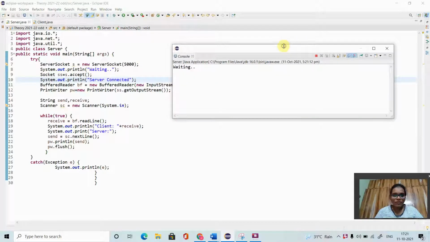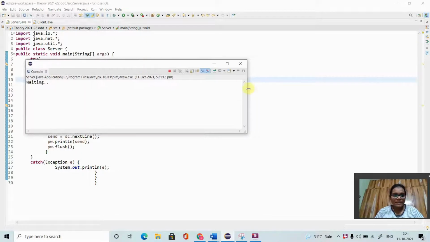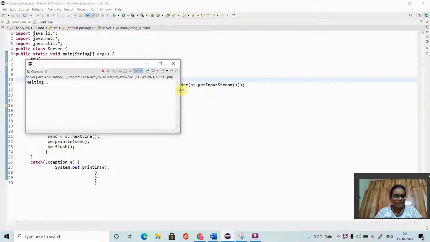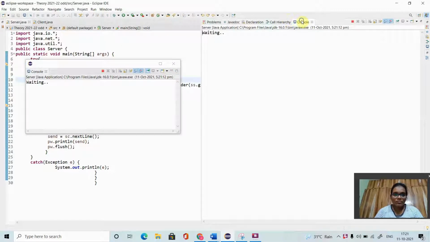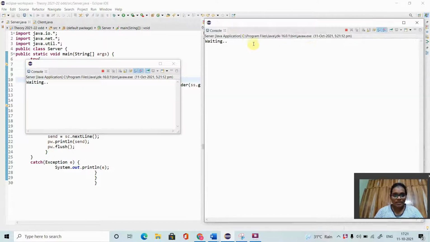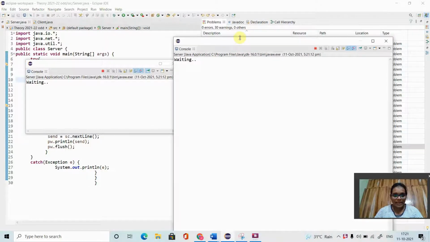See the message in the server output. It's showing waiting for the client to accept the request. So in the server, now I'm going to the client console. For this, first I'm going to pin the console. Now I'm going to the server and client.